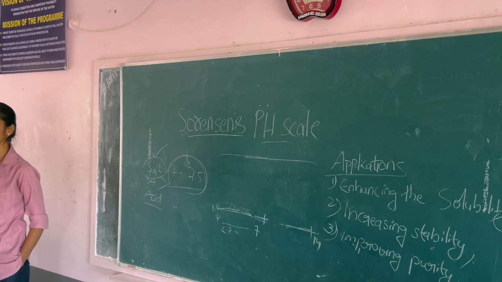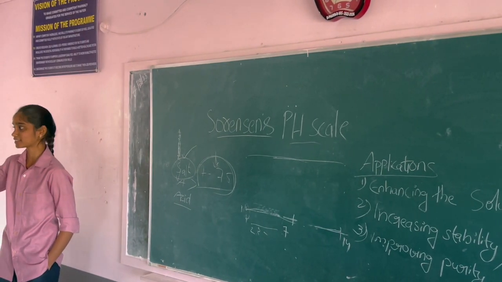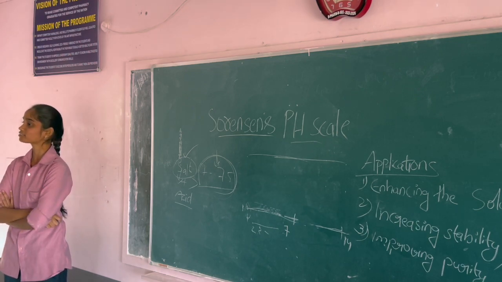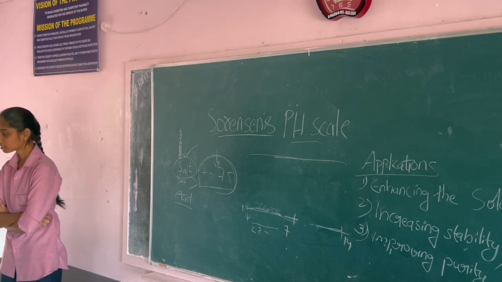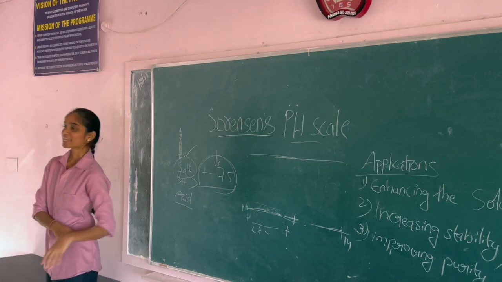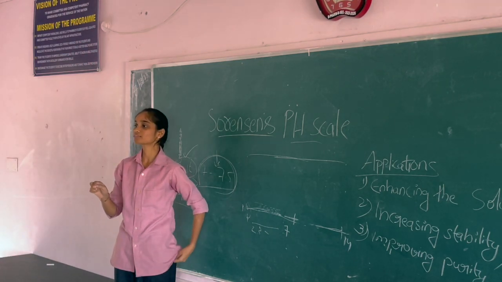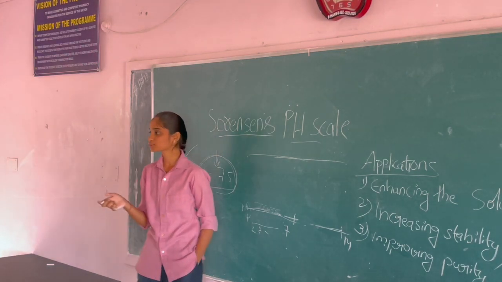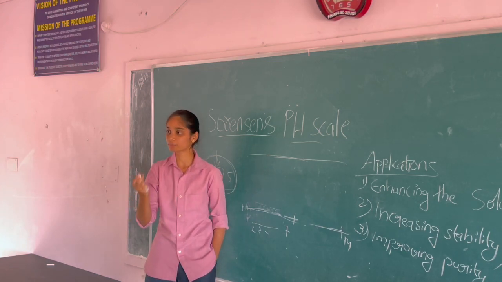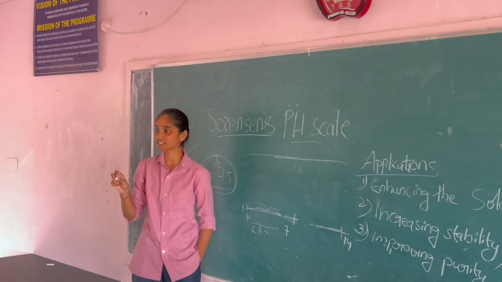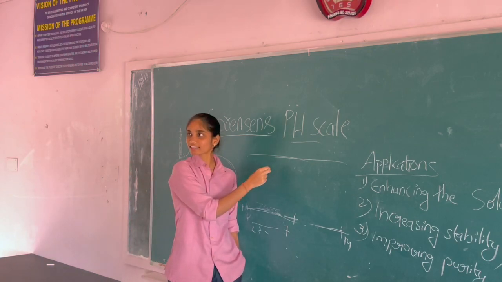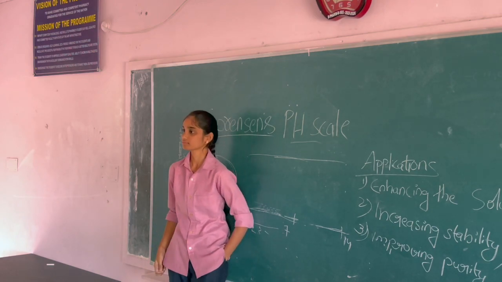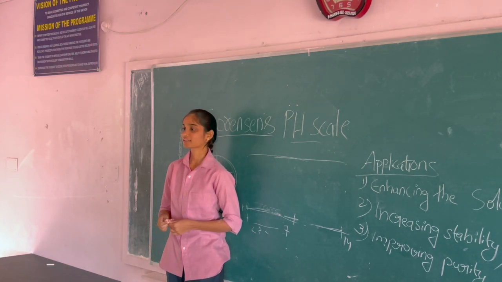I am just giving you one clue, not exactly the same meaning. Amphoteric means it has two kinds of nature. What are the two kinds of nature? Acid and base. The amphoteric compounds are compounds which can exhibit both acidic as well as basic nature. Those compounds we call amphoteric compounds. Proteins are also amphoteric in nature. These are at the isoelectric point. Do you know what the isoelectric point is?